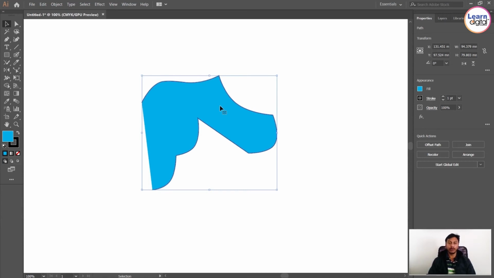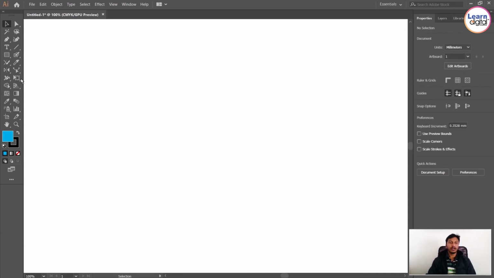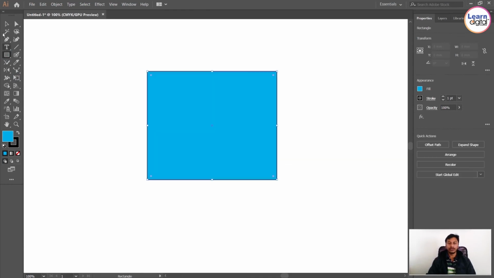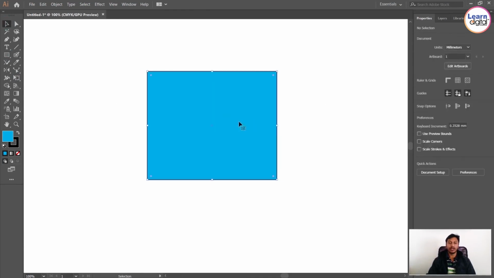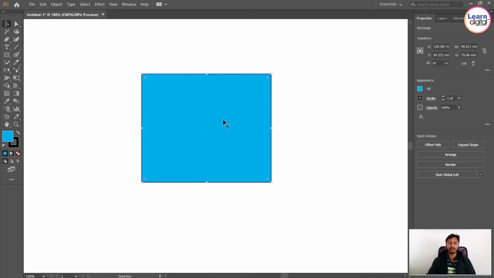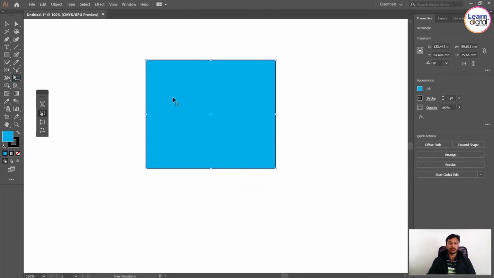You will do a lot more experiments with these things. Then one more tool we'll discuss is the transform tool. One is the free transform tool. Normally you know of free transform. If you select any object, you can directly transform it from one place to another place. The same thing, a transform will work over there. So if you need, you can use that, otherwise you can directly use it.